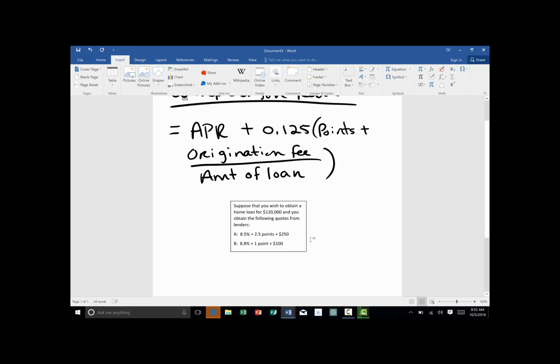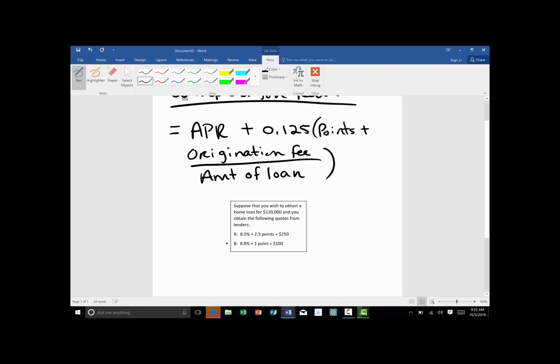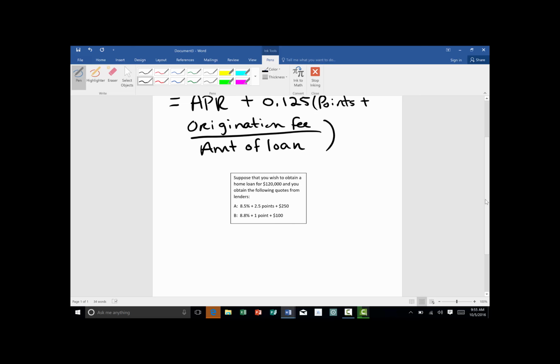Typically, most people only look at the interest rate and they're like, well, that one must be better because it's a lower interest rate. But you want to make sure that you take into account your points and any fees, which is called an origination fee for the loan, before you decide which loan you want to do. So if we make these calculations for these two loans, the first one, we use our formula, this is the comparison formula, and we do